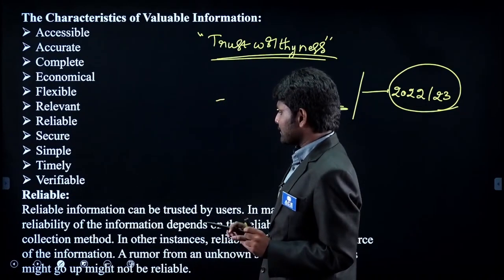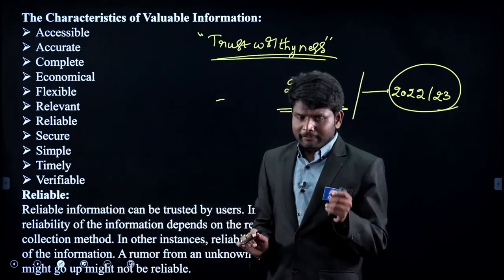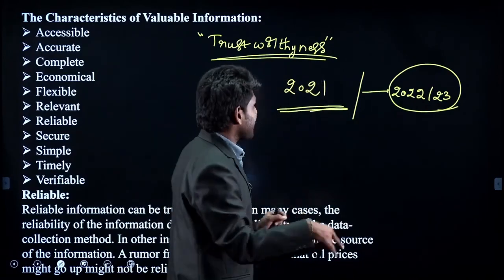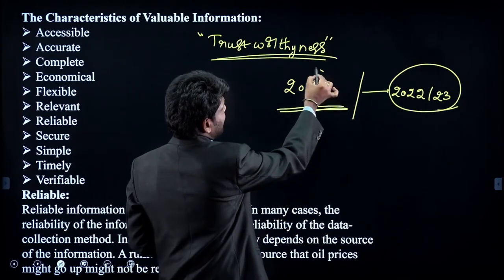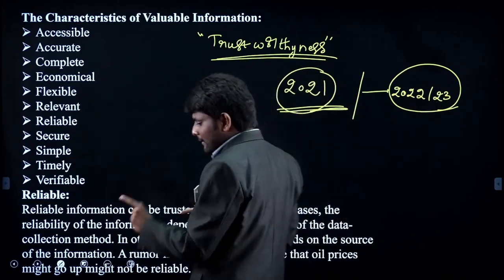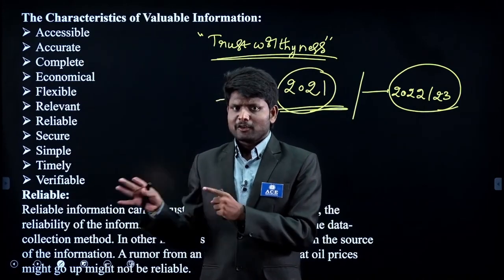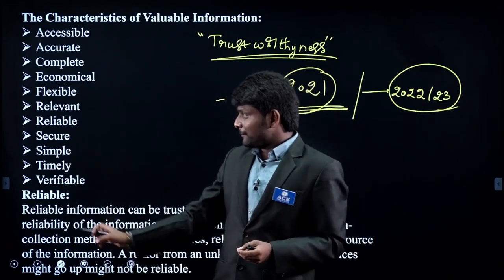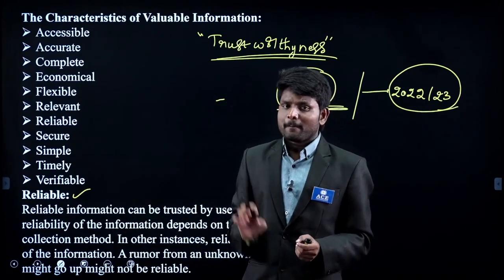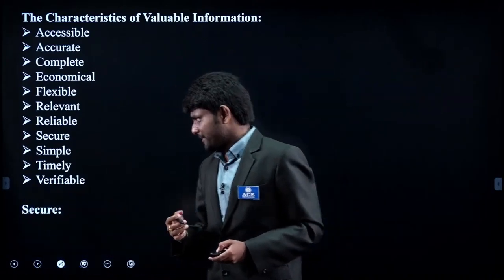Why have I mentioned ChatGPT here? Because here we are talking about reliability. Even though ChatGPT is a very good application, it has its own drawbacks. What is the drawback? It doesn't have access to information after 2020 or 2021. So whatever has happened after 2021, it doesn't know. Because of this reason, sometimes we cannot rely on the ChatGPT application. I hope my example is clear for this feature of information. Let us go to the next feature.